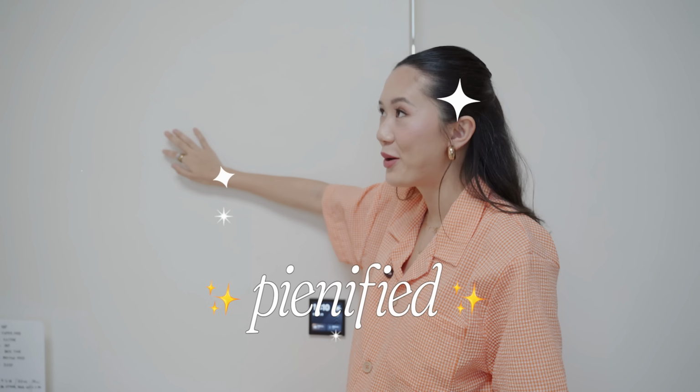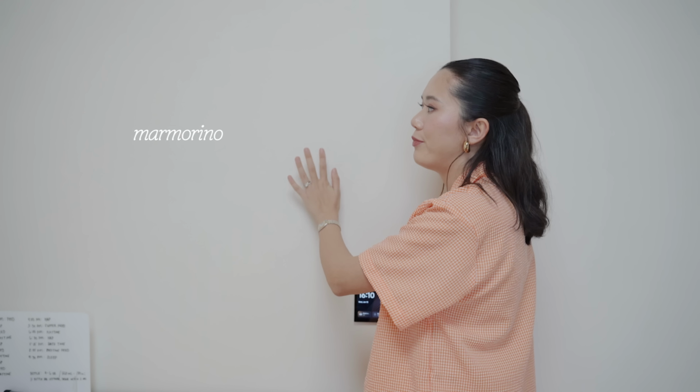Oh, before I forget, I know that the wall art is super duper special, but this wall is also really special. All the plain walls around Bella's room are actually pianified. They're by Piani Surfaces. I wish you could see it in person because it's not like a plain wall. There's actually so much texture and strokes on it. If I'm not mistaken, it's the Marmorino product of Piani Surfaces. So Made Studios, they didn't want the walls to appear flat, and that's why we went with Marmorino from Piani